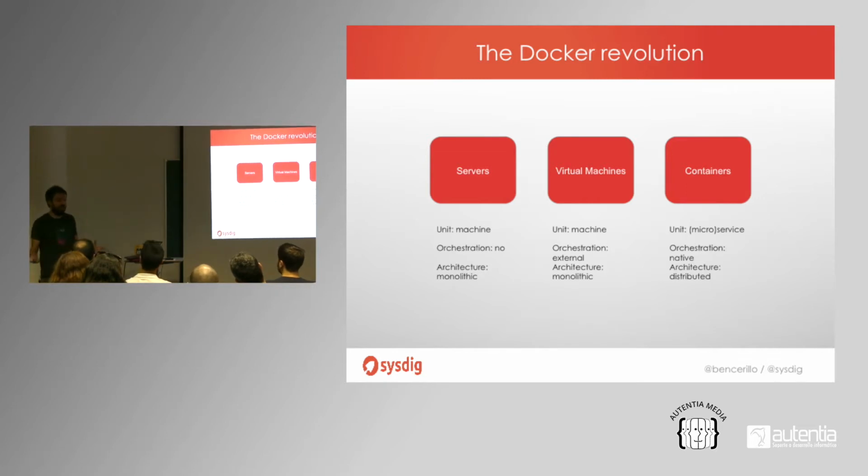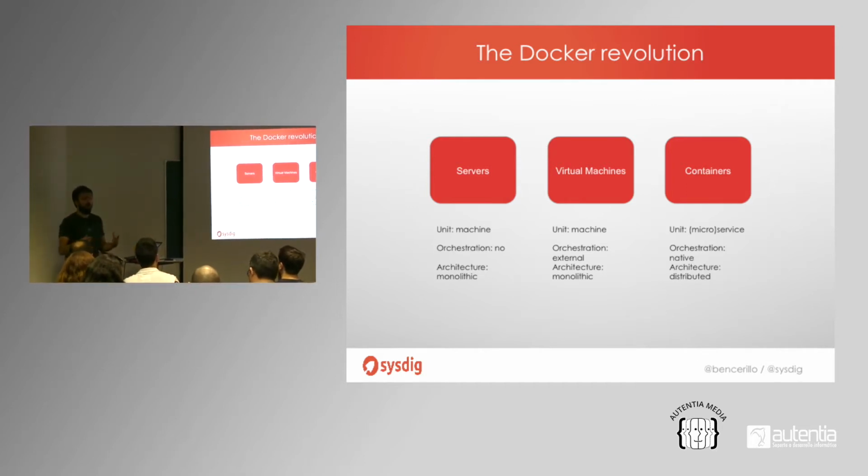So now the unit is a microservice. When we need to implement a new application, you don't think, oh, I need a server or I need a VM. You think, oh, I need a database. I don't really care where that is happening. Maybe the policy of my company will have some limitations or restrictions, but I need a database, or I need some kind of something where I can run the service that I need.